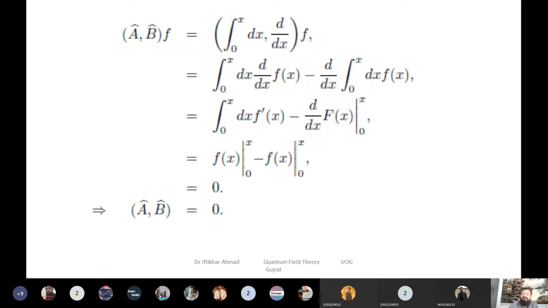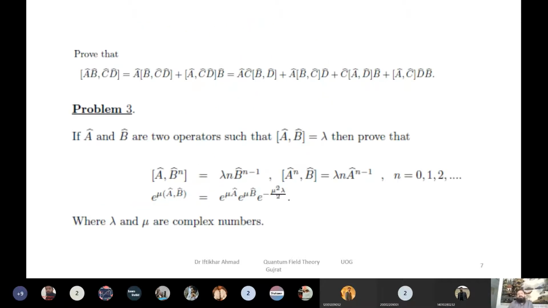This is the most general form whenever you don't know the particular value of f of x. So when you are solving the integral, you get the function capital F of x with the limit 0 to x. The next step is again f dash x dx, so you know the integral of this term, so you get f of x from 0 to x. Again d/dx of f of x is equal to f of x with the limit 0 to x. So these two terms cancel each other and you get 0. It means that the value of the operator [A, B] is equal to 0 in this case.